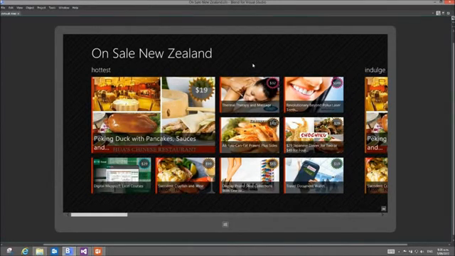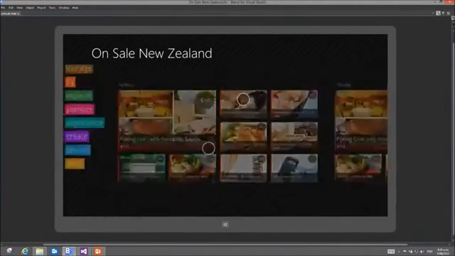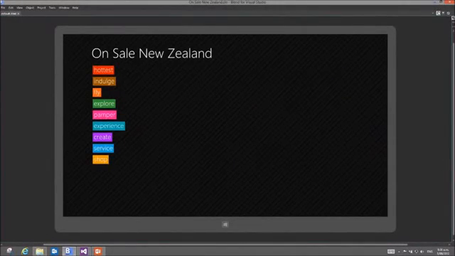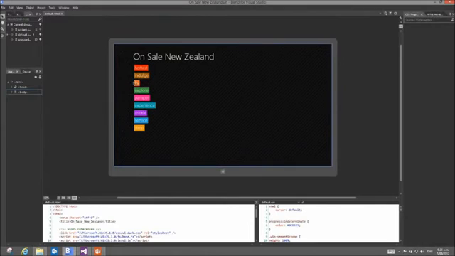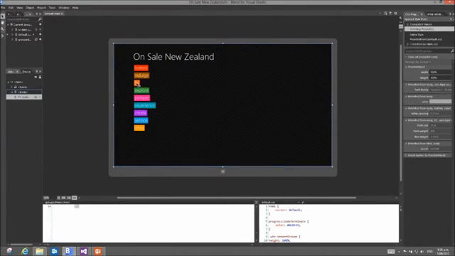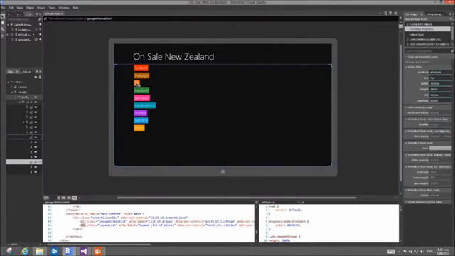I can perform my pinch zoom, turn off my interaction, and then break down on a particular item and have a look at the CSS that's being applied at that particular point as well. It's quite a nice tool, even if you're not a designer, to look and see what's going on, to break in, and it will show you what CSS is winning, and if you need to override it, how to override that particular